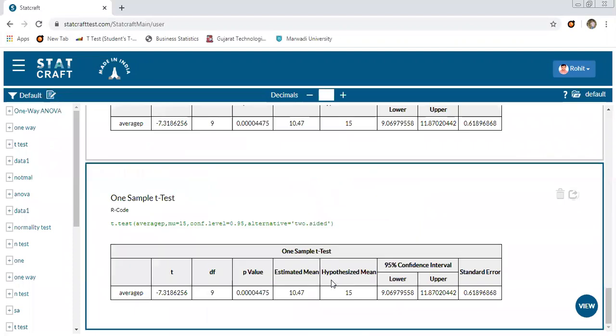See, this is the difference between other software and this software. It gives a better table. It gives R code. See, this is the most useful thing. Those who are learning R, they don't remember the codes. So while you are testing the data with this software, it also gives the R code with it.